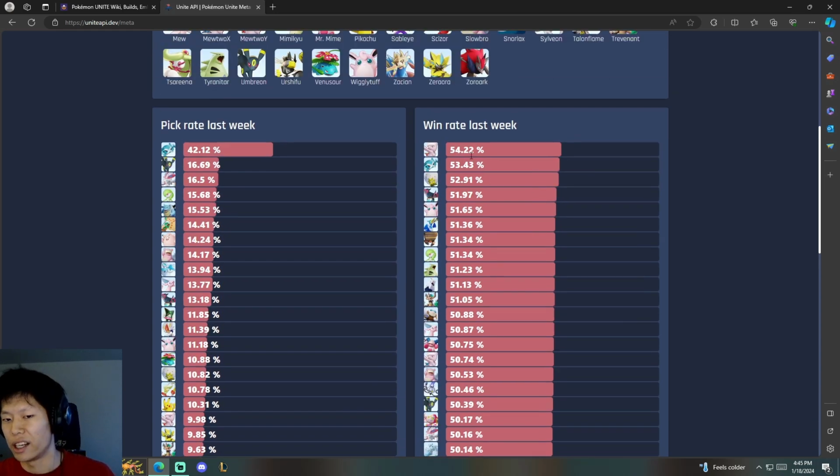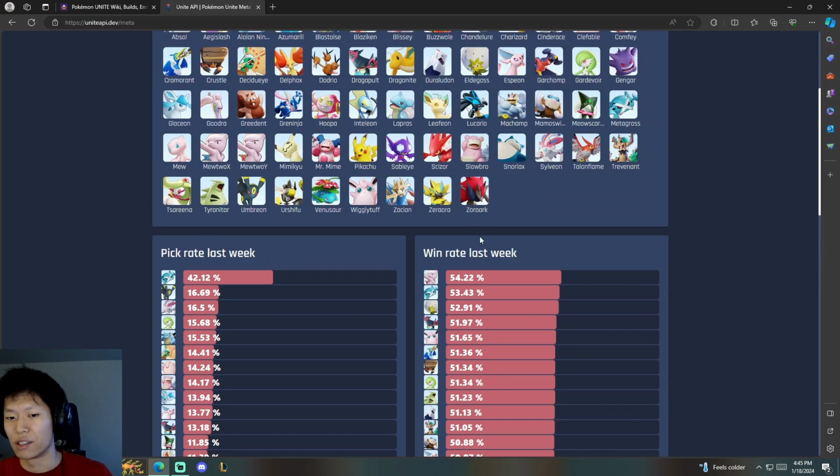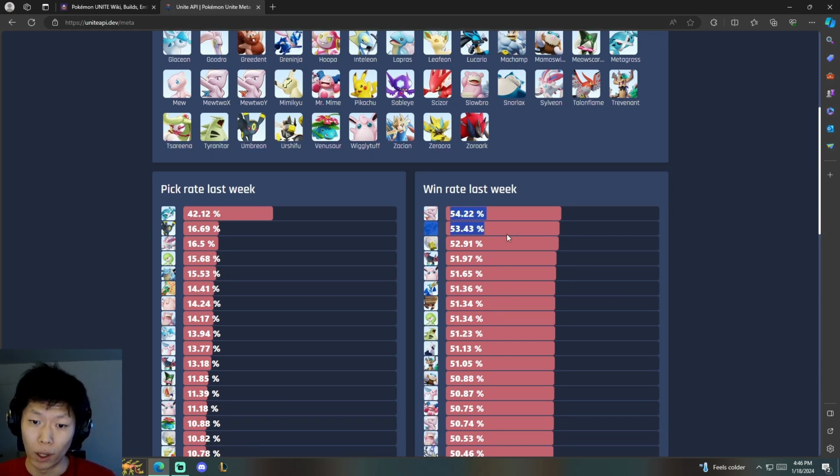So obviously, I'm releasing this video when the first patch of no Xmons in ranked, the Xmons being the two Mewtwos and the Zacian, they're not allowed in ranked for this season. So obviously it hasn't updated yet, but once this gets updated, this is for last patch, but you can very clearly see what Pokemon, if you're playing to win and climb in solo queue,